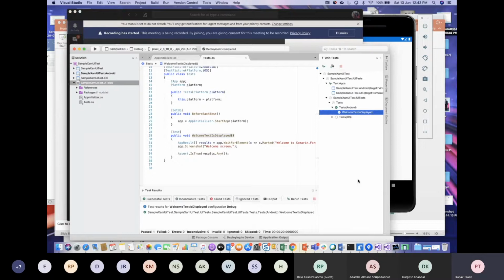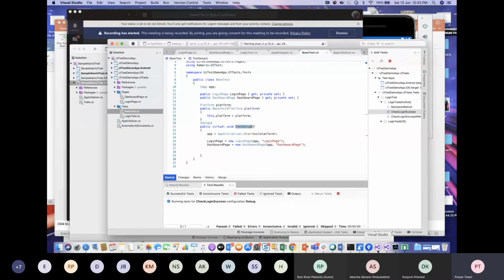So now I have already created an app here. What this app does is we'll try to log into the app. We have covered different scenarios, like when we give the wrong password, or when the username is not correct. There is also one other thing which I'm going to cover at the end: there is one functionality which we can't achieve using the automated UI test case, but yeah, we have achieved it. How we have done it, we are going to take it further.